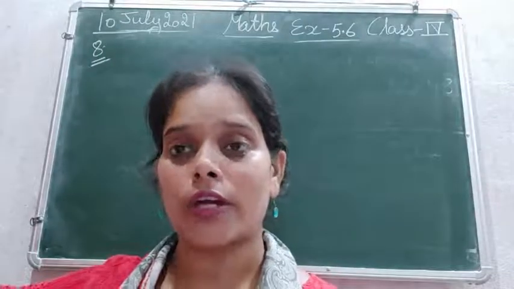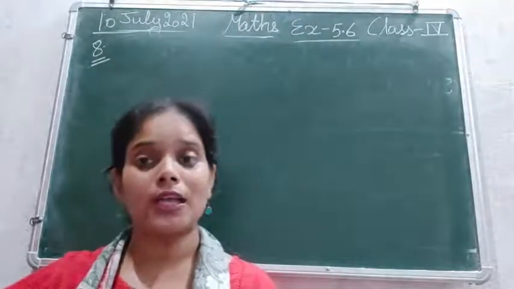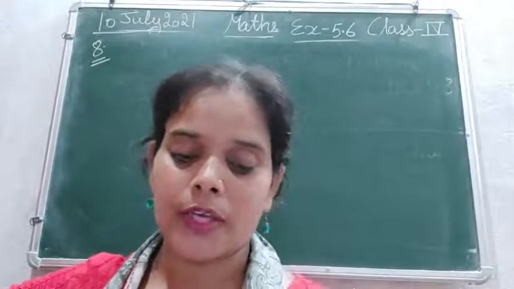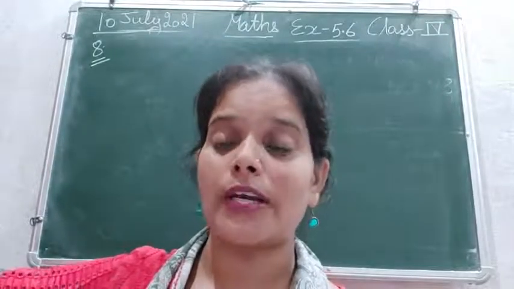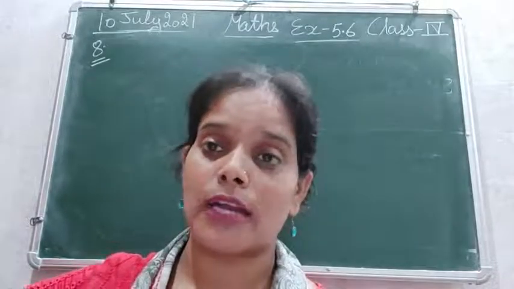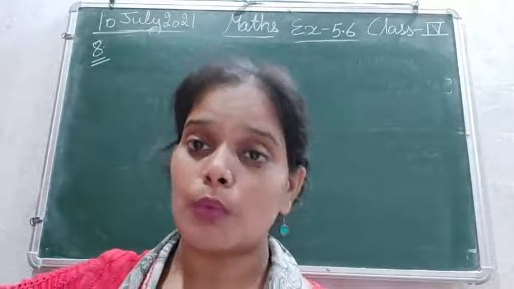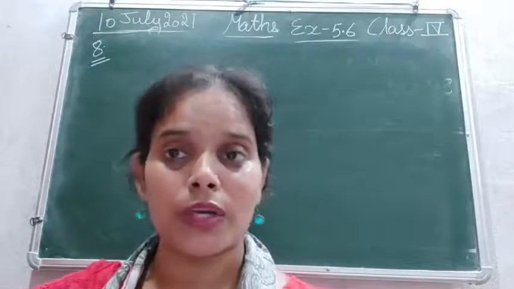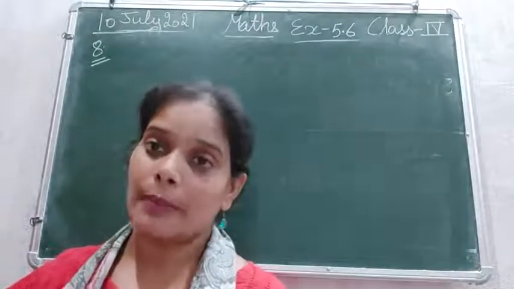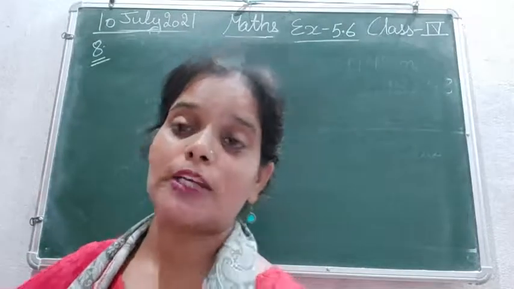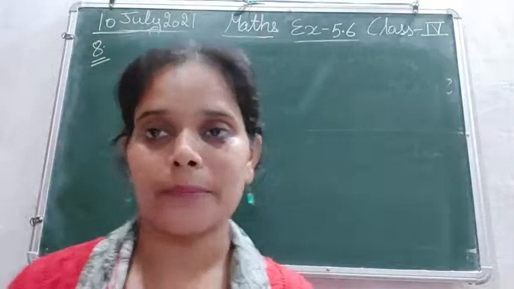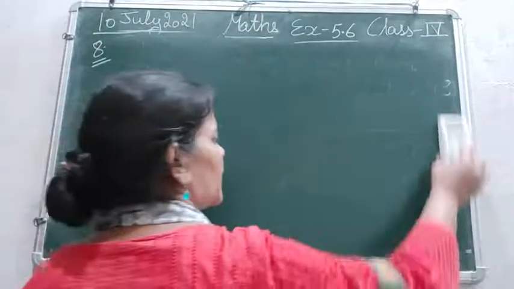तो कहते हैं एक वाटर टैंक की कैपेसिटी है 1325 लीटर. सो दिस इज द कैपेसिटी ऑफ वन वाटर टैंक. ओके, और हमारे पास अगर ऐसे ही 74 टैंक्स और हैं, सो व्हाट इज द टोटल कैपेसिटी ऑफ ऑल दोज 74 टैंक्स ऑल टुगेदर. तो वन वाटर टैंक की कैपेसिटी दी है, 74 की निकालनी है. सो फॉर दैट वी आर गोइंग टू डू दी मल्टीप्लीकेशन. ओके, चलिए तो लिखिए.